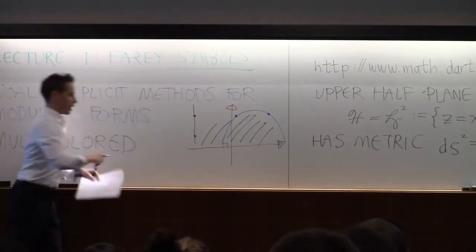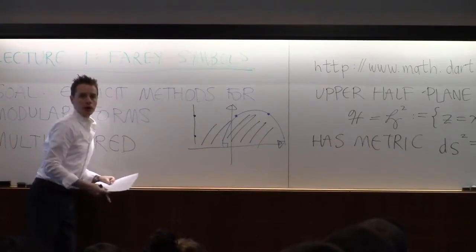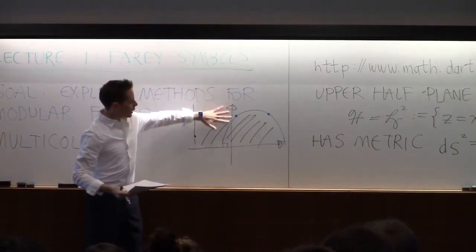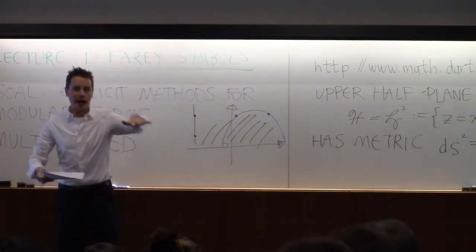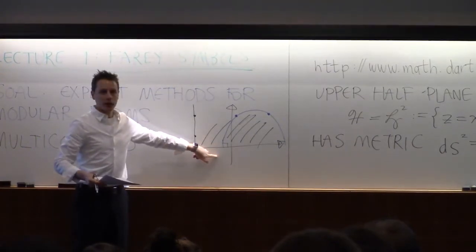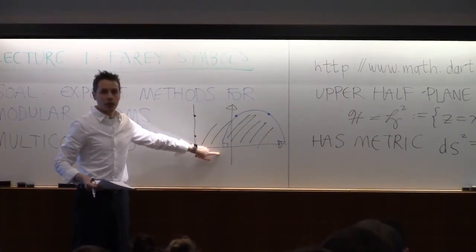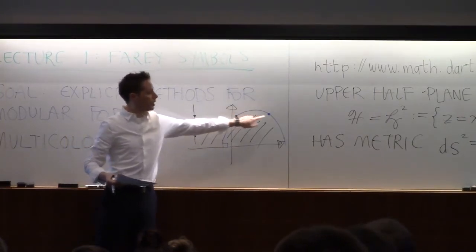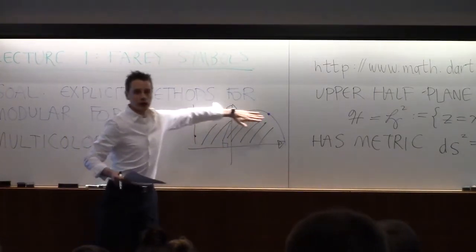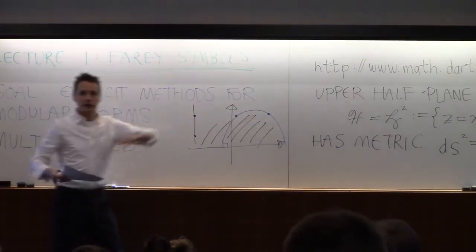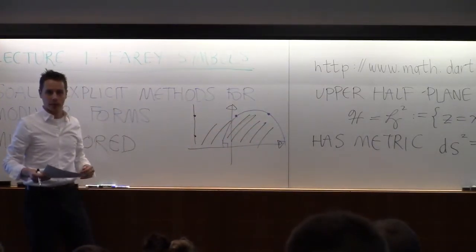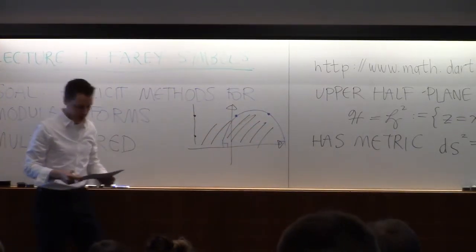I picture the upper half plane like a skate park. If you imagine skating here, it slopes up coming at you as you try to hit the real axis. So it becomes very expensive to travel around in the skate park if you're very close to the real axis, which is why, in order to get from here to here, you skate downward to follow the groove, and then it brings you back up again. Okay, that's how I visualize that.